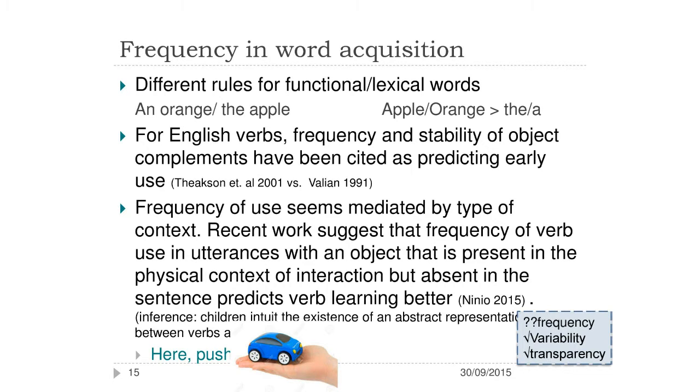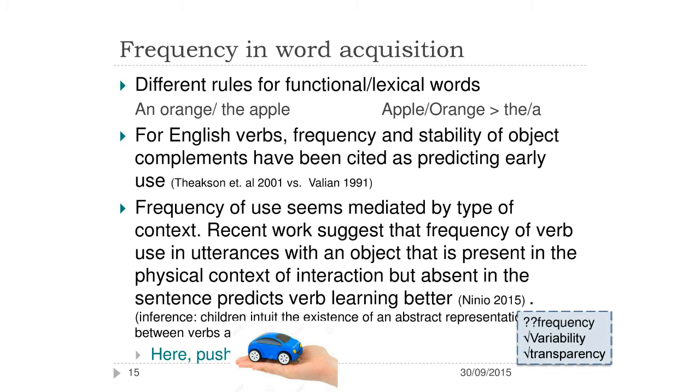You might say frequency. Well, if you have to learn an orange, the apple, you're going to find out really quickly that 'and' and 'the' are much more frequent, but they don't get learned by children first. Children are more likely to learn apple and orange in some order, possibly related to the frequency, and 'the' and 'a' possibly related to the frequency. So you have different rules for different types of words. So not everybody's in the same comparison set.